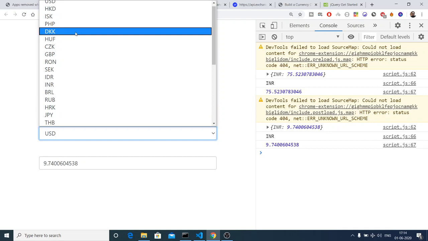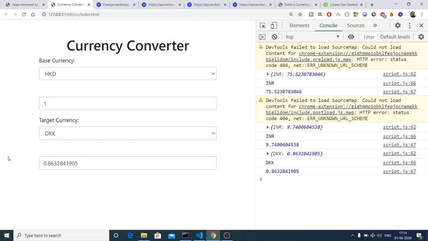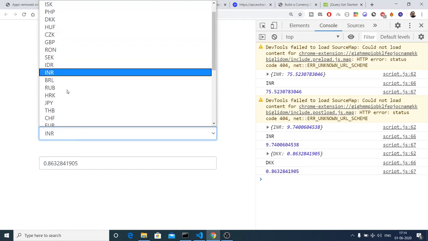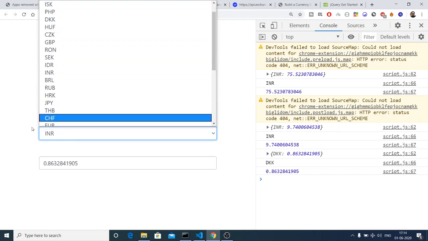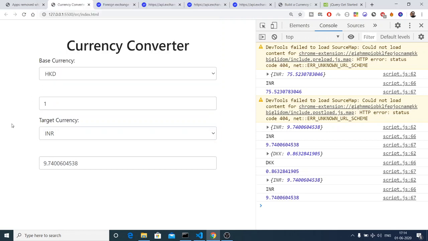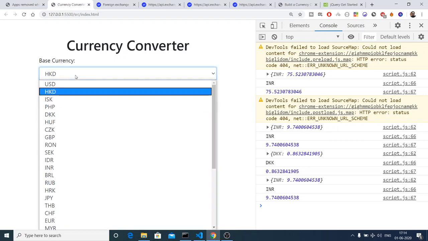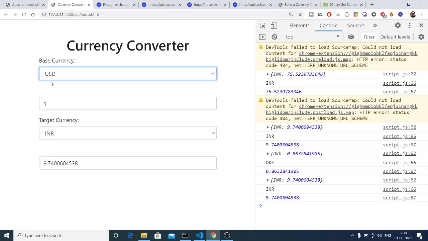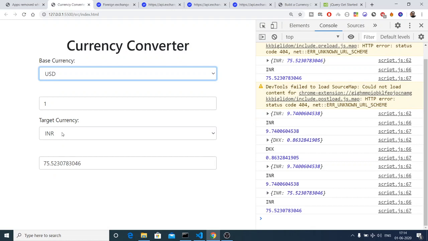Let me change this to DKK. Let me change this to INR, Indian rupees. And let me change the base currency back to USD, United States dollar. You can see that.